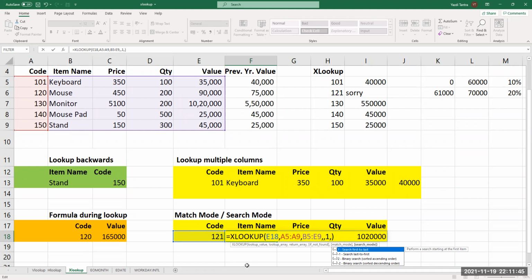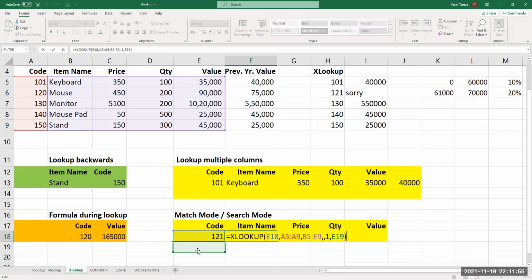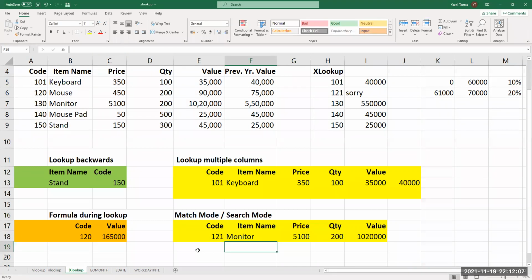So XLOOKUP has a whole lot of parameters which are very, very useful. I can do 1 or I can do -1, and it will give me different results if there are multiple entries for the same item.